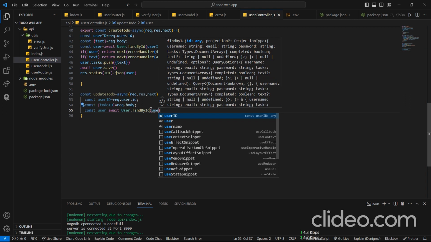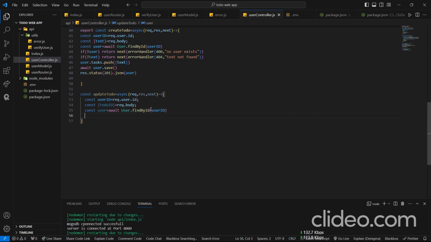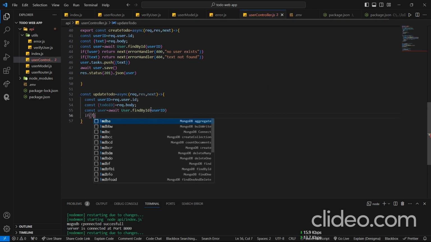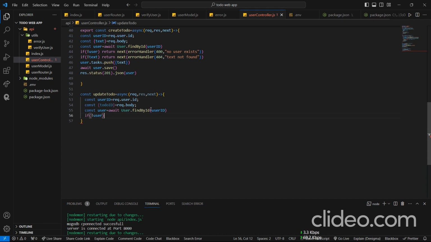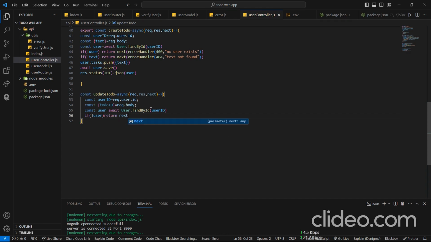Okay, if user is not present, then we will return an error. Error handler 404 for user not found. And if everything goes right, then we will update our to do. So const updatedTask